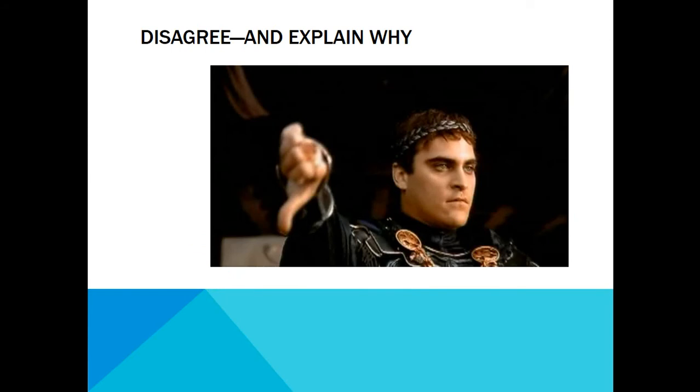The first one that they talk about is disagreeing and explaining why. Now it's pretty obvious that disagreeing is going to be one way to respond to other people, but explaining why is the key step. It's not enough to just go, he's wrong, he's wrong, he's wrong. If you remember in the debates between Donald Trump and Hillary Clinton, she would say something, Trump would go, wrong, wrong, wrong. He wouldn't ever say why she was wrong. He would just come back with this wrong, and it didn't make him sound very intelligent.